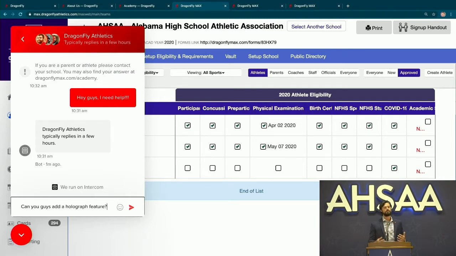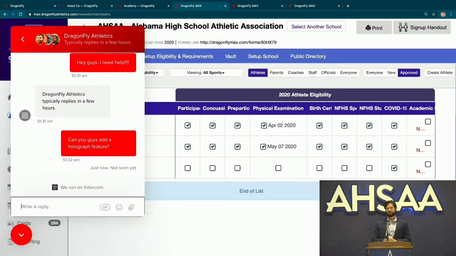All those types of things, we want to know those things. Not even just any bugs or questions that you have. We want your feature suggestions here. So again, a lot of you, I think, are accustomed to phone support, and not that you can't get that at Dragonfly, but we openly encourage you to start your help and your customer service journey here